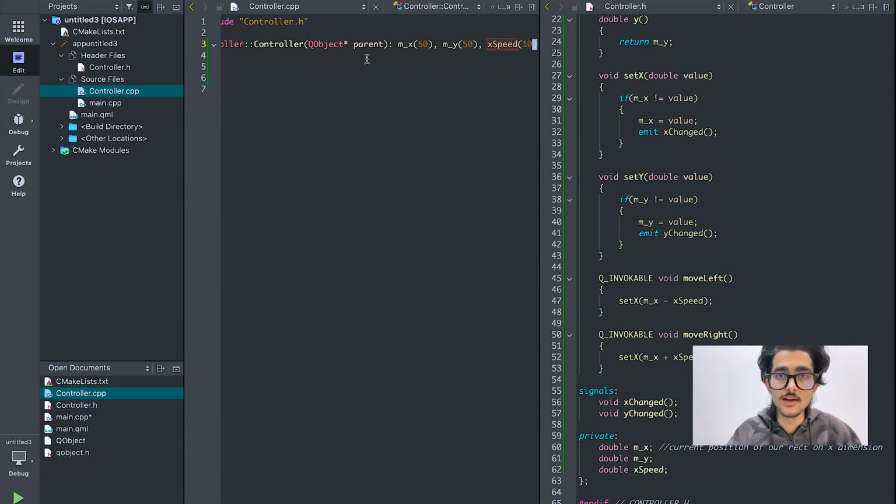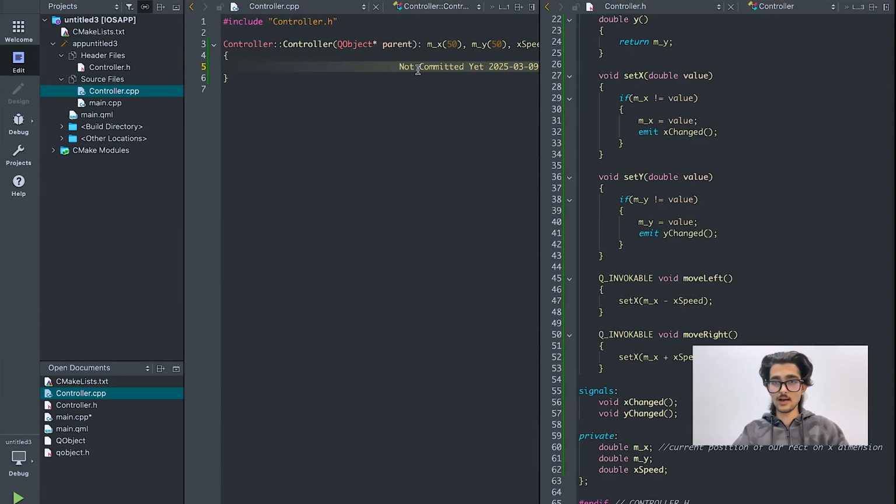So this is it. I initialized all the variables, and this is how you can move left and right in your QML, but I have not yet implemented this in QML. So in the next tutorial, I'm going to show you how to connect your QML with your C++ class. I made a different tutorial for that one, because that's a whole different topic, how to connect those